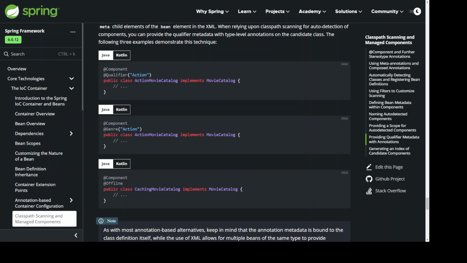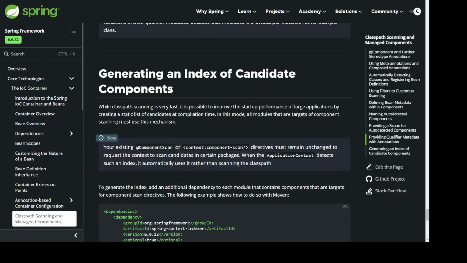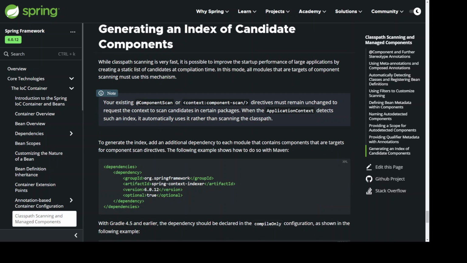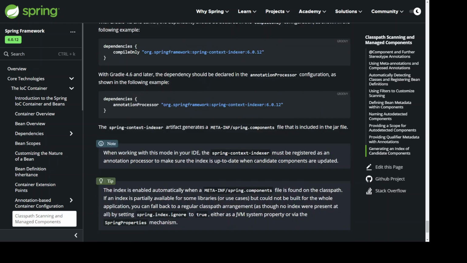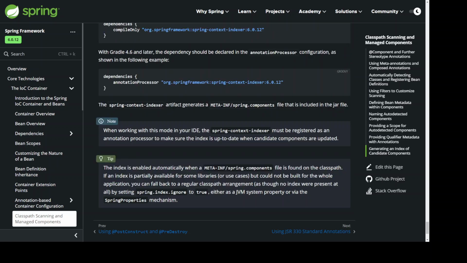With Gradle 4.5 and earlier, the dependency should be declared in the compileOnly configuration, as shown in the following example. dependencies { compileOnly "org.springframework:spring-context-indexer:6.0.12" }. With Gradle 4.6 and later, the dependency should be declared in the annotationProcessor configuration, as shown in the following example. dependencies { annotationProcessor "org.springframework:spring-context-indexer:6.0.12" }. The spring-context-indexer artifact generates a